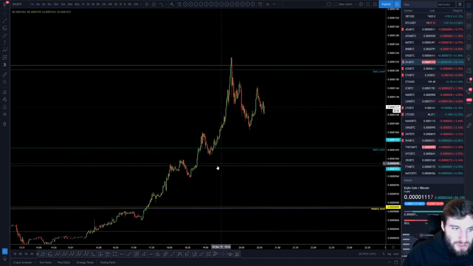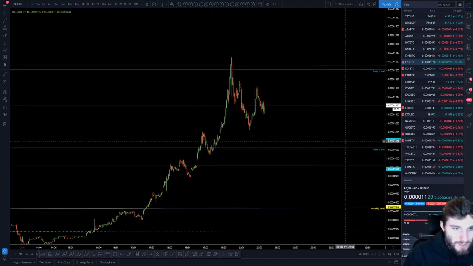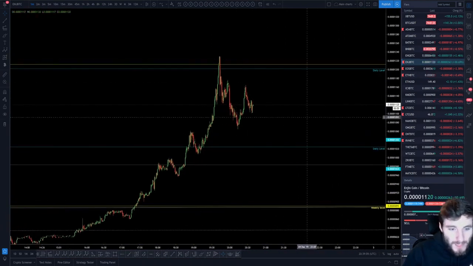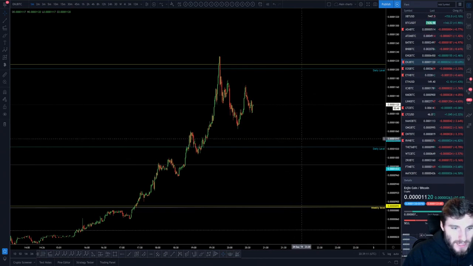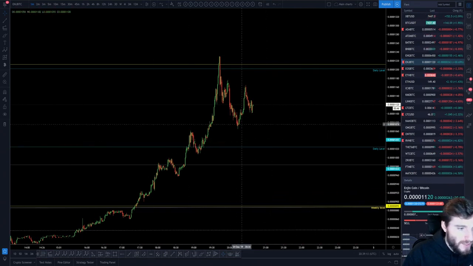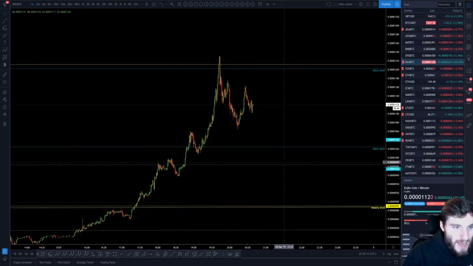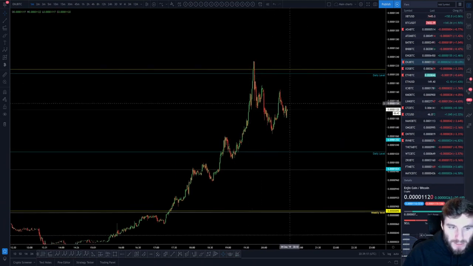It's incredible volatility, absolutely incredible. But yeah, if it comes back down to the daily, 1,025 sats to 1,000 sats, you've got a pocket here of a possible entry. I mean, scalping, you can enter this all the time.